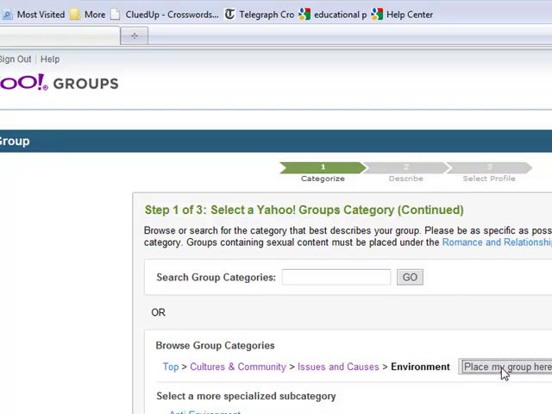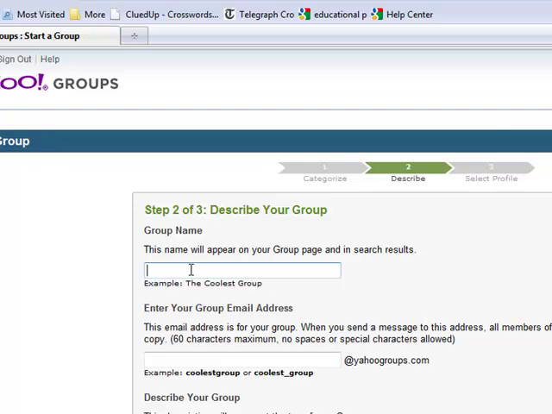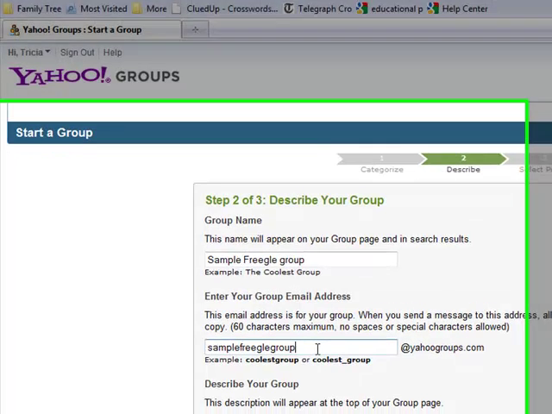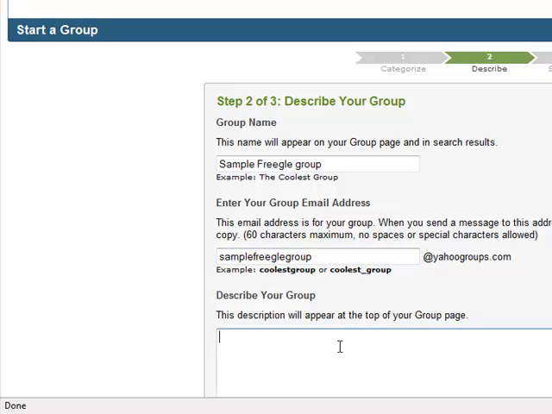And I've selected place my group here. I'm now going to put in the name that I've decided for my group. And then I'm going to choose an email address, which normally would be the name of the group. But on this occasion I typed in sample group or sample Freegle group, and eventually you'll see that it tells me that I'm not allowed to have e-group just before the yahoogroups.com, so I had to re-enter something, a basic description for my group,